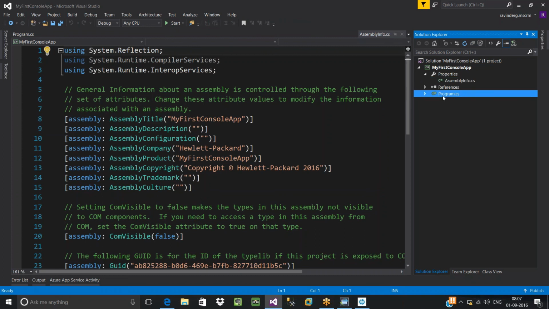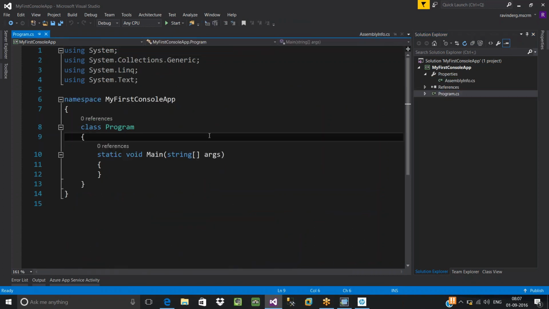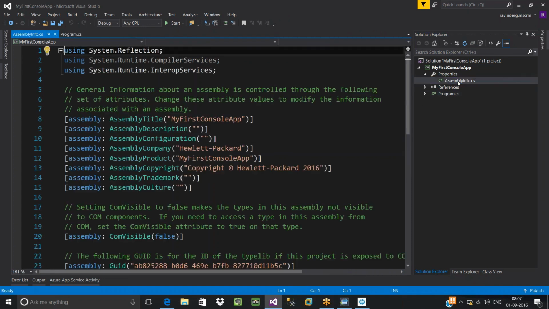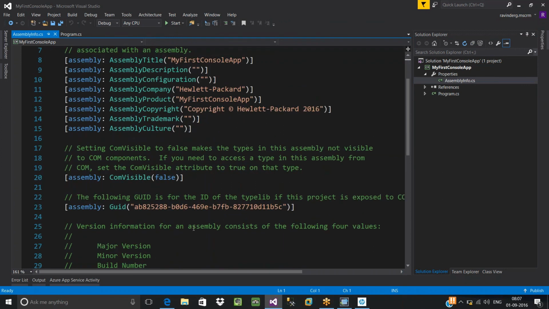So after developing your code, let's say I have developed a set of reusable functionalities. If you want to share this code with some third-party people, what has to be done? It should be built as a library. If you're going to build your code as a library, there you need to mention a set of properties about your assembly, about your library. What is your library name? What is the company name? What is the version of your library? Do you want to use any key?